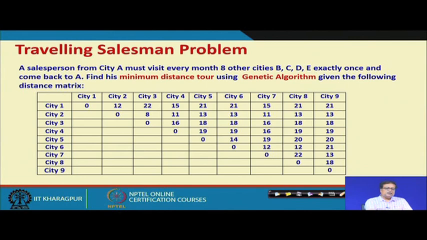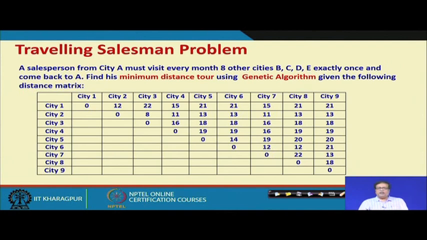Here is the distance matrix between CT1 to CT2 and all the way up to CT9. It is assumed that CT1 to CT3 being 22 means CT3 to CT1 is also 22. So, what we have to do is find the minimum distance tour using a genetic algorithm given the following distance matrix. So, how do we go about it?